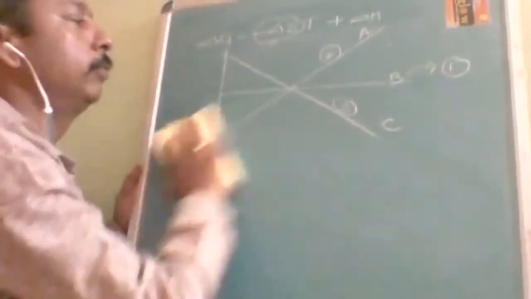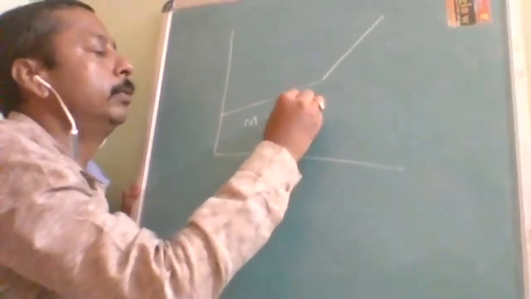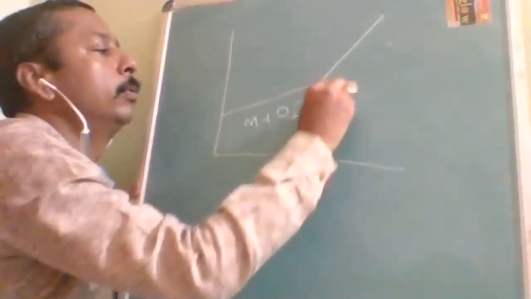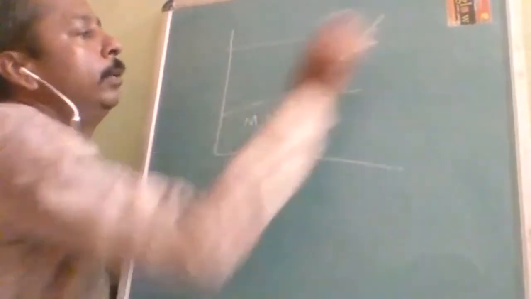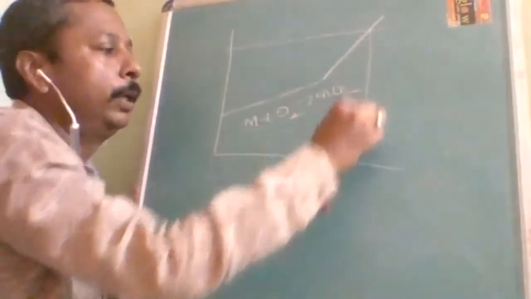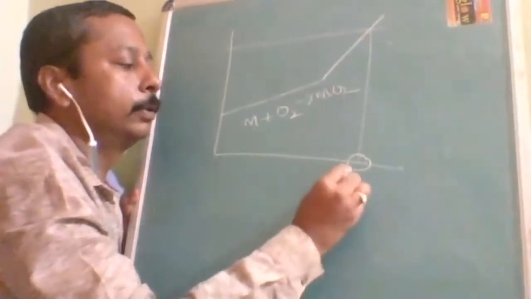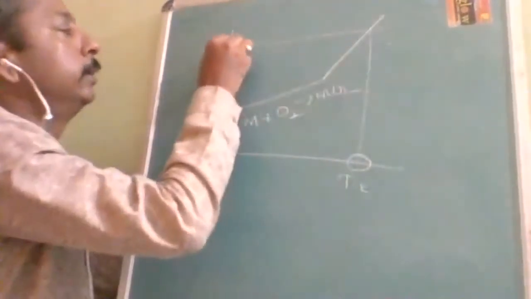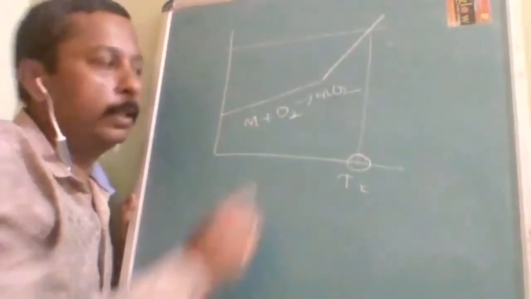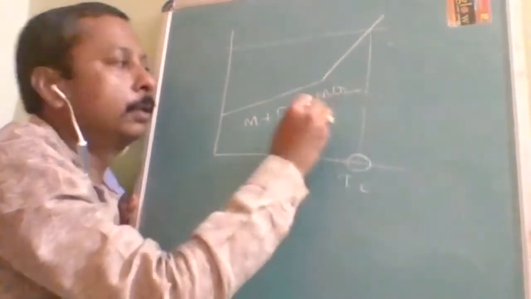Now how to find out feasibility? So this is some graph for the metal oxide. What is the reaction? M plus O2 gives MO2. Now let us take this as 0 degree. So from 0 degree it is able to reach some temperature, let us take T Kelvin. After this, delta G is going to be what? Positive. That means this reaction is non-spontaneous.